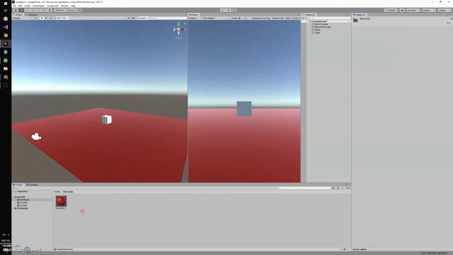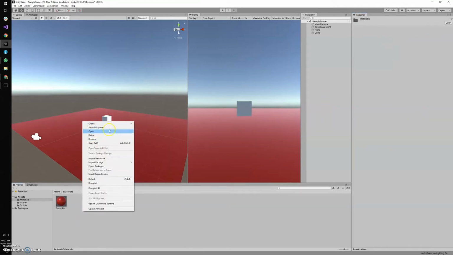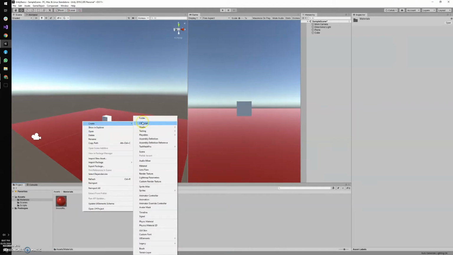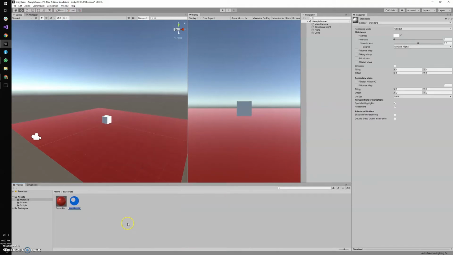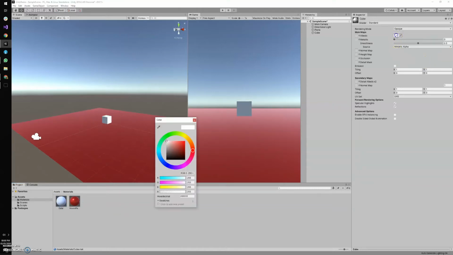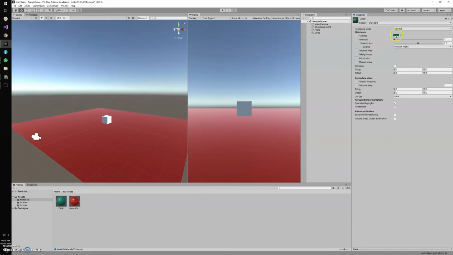And also I'm going to create one more material for the cube. Simply I'm going to apply green, then I'm going to drag and drop this onto the object. So now you can see the cube turn to red, and